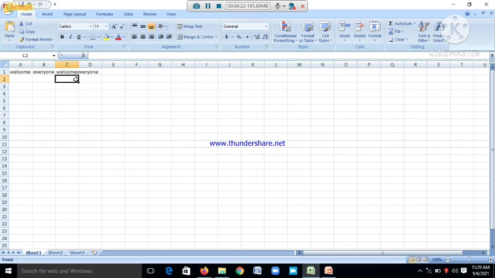You can see here welcome everyone, but there is no space between these, but I want the space. For that, how can we do it? Suppose I am writing again, how can we add the space between welcome and everyone? Equal to A1 and again, and however many cells you want to concatenate, you have to add the AND operator for that.